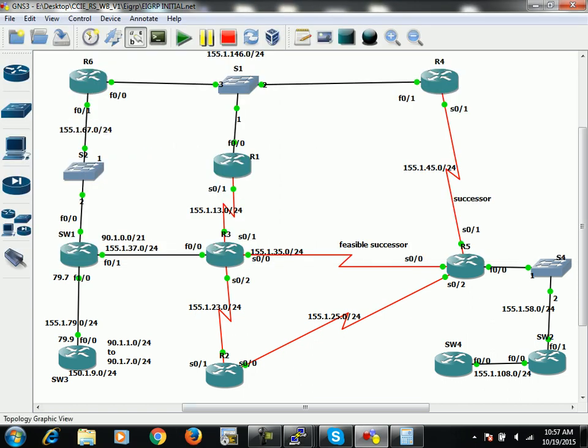After that, we can also use this summarization in EIGRP for the purpose of load balancing. Right? What I want is that for first 3 prefixes, 90.1.0.0/24 to 90.1.3.0/24, this path via R3 and then switch 1 must be preferred for all routers in the network, right? But for all remaining 4,